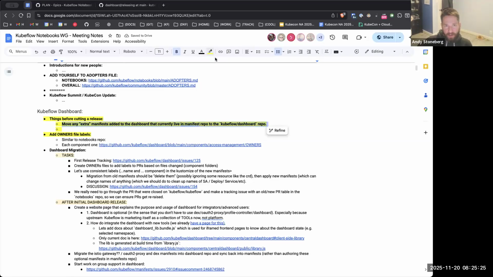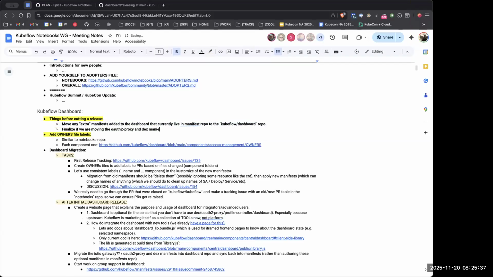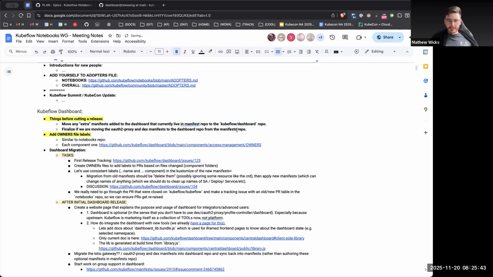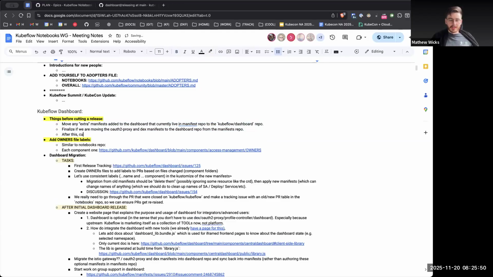It's like an extra config in the deployment of the dashboard. I just think these are the two main remaining topics before we cut a release, after this cut and 2.0.0 alpha 0.